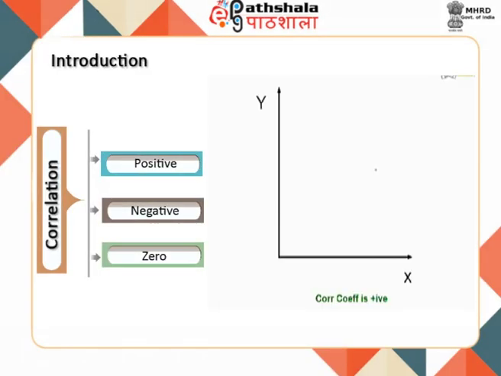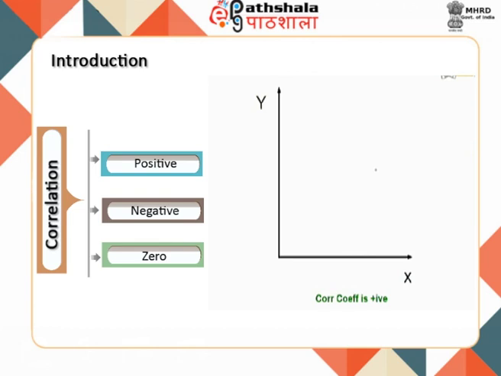Statistically, the relationship of one variable to another can be found by using the coefficient of correlation represented by R. Correlation describes the direction and strength of the linear relationship between corresponding variables. There are